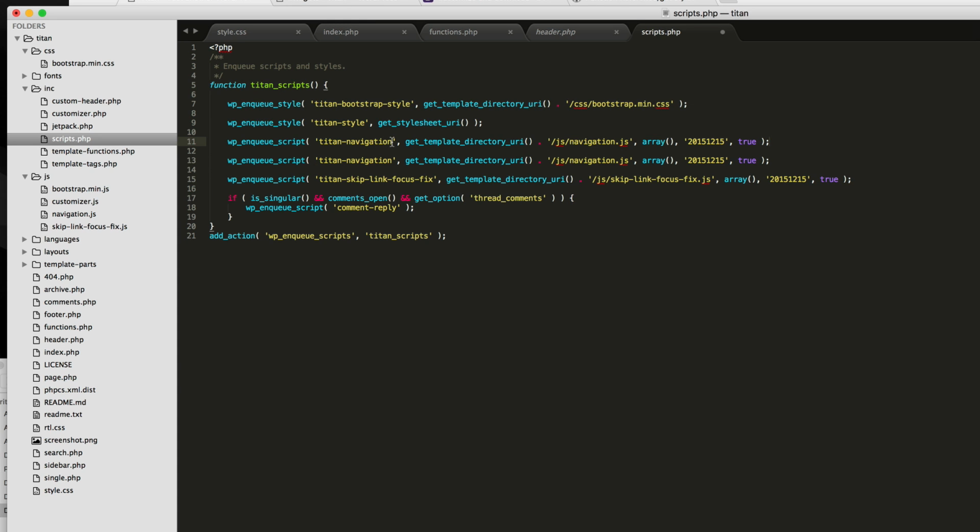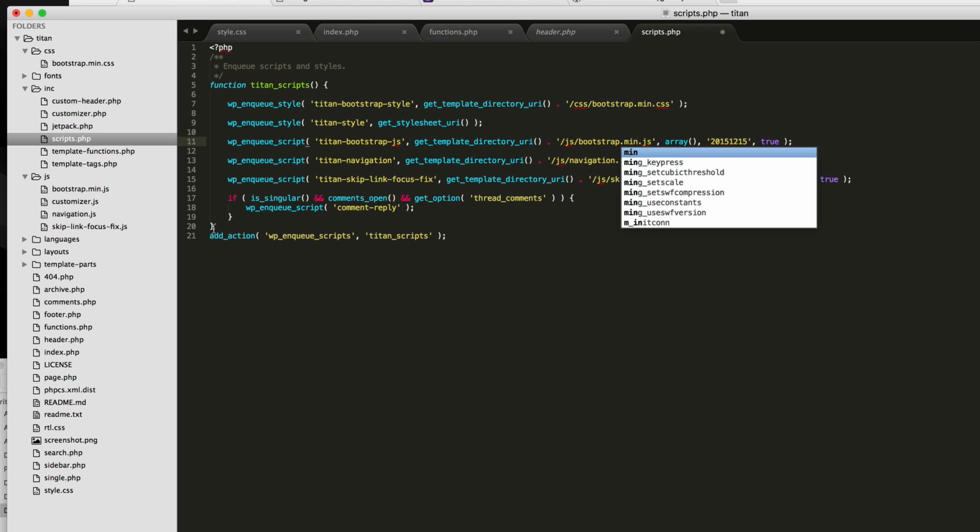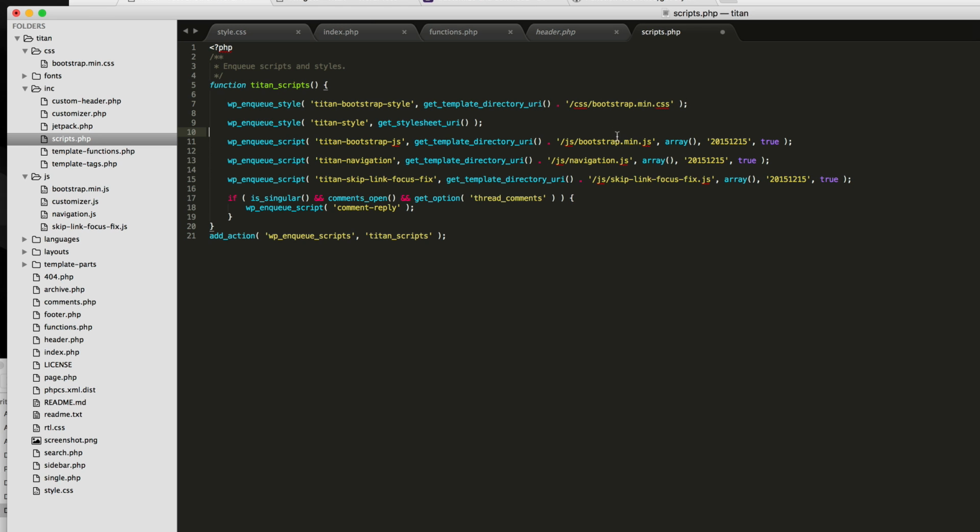So let's go ahead and Bootstrap JS. So get template directory. In the JS directory, I want to add bootstrap.min.js. Alright, and in this array here, you can actually tell it that you need